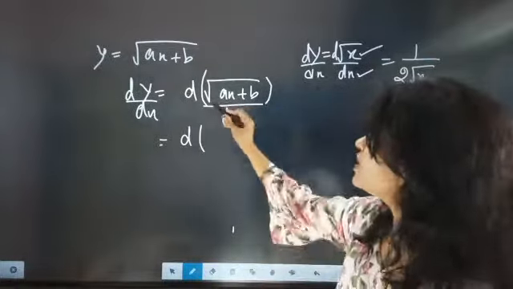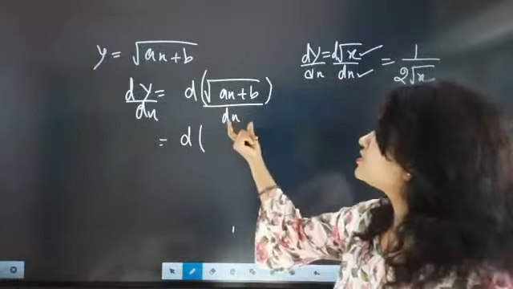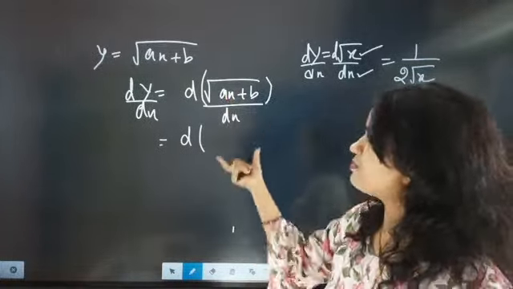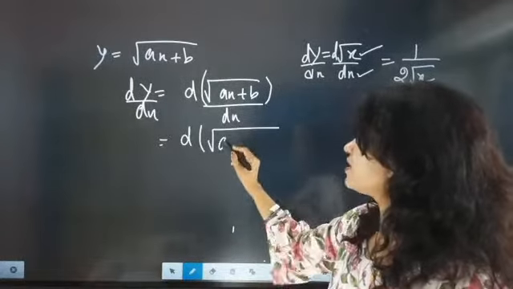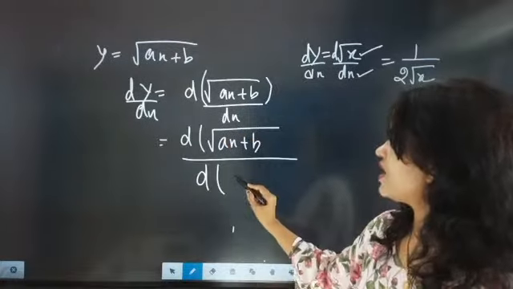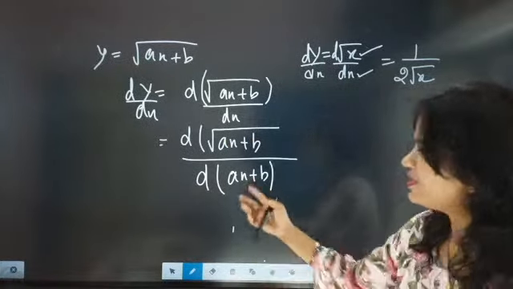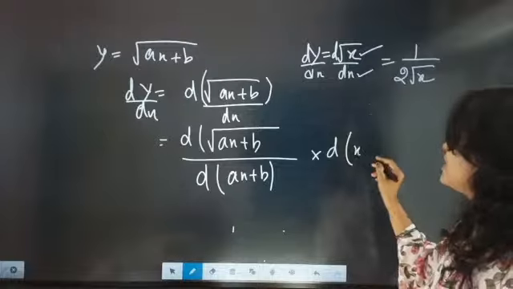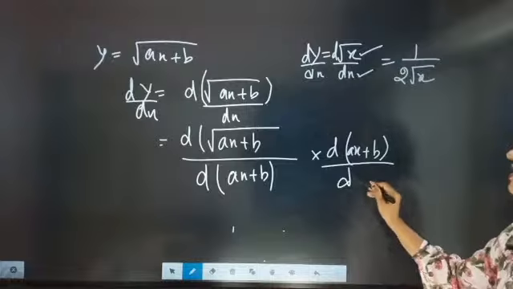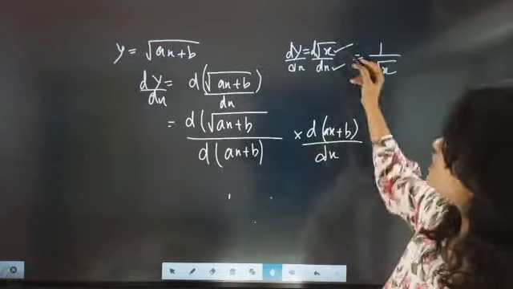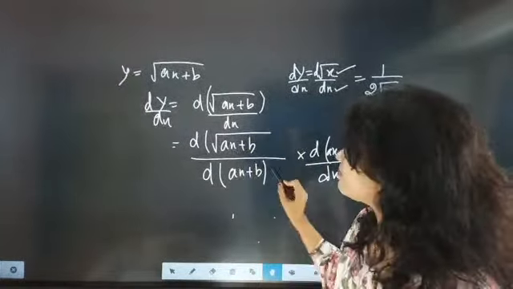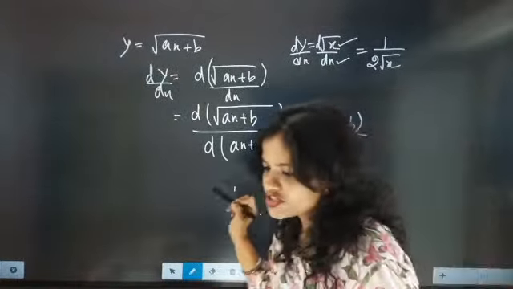Just see the synchronization. Here x is differentiated with respect to x, then you are directly writing it as 1 by 2 root under x. But here root under ax plus b is differentiated with respect to dx. So first work is this dx is creating a problem for me. I want the same base. So just look here, I wanted ax plus b, so I wrote ax plus b, and if I am dividing, then I am going to multiply also, then only symmetry will be generated, and then the dx plus b, which I have removed from here, I am going to write it here, story over. Now here root under x differentiated with respect to x is coming as 1 by 2 root under x. Now root under ax plus b differentiated